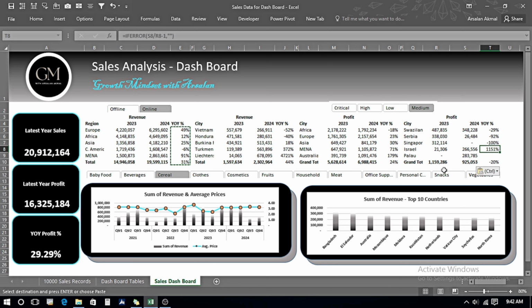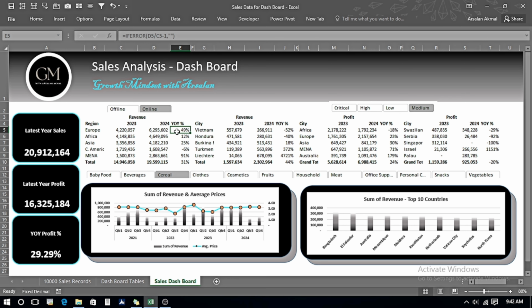So now we can see that previously it was appearing as div error over here and now it is appearing as a blank cell. One more thing to notice, if you want to add the up and down arrows for these year-on-year percentages, an up arrow for a positive figure and a down arrow for a negative figure, and the up arrow in green color and the down arrow in red color.